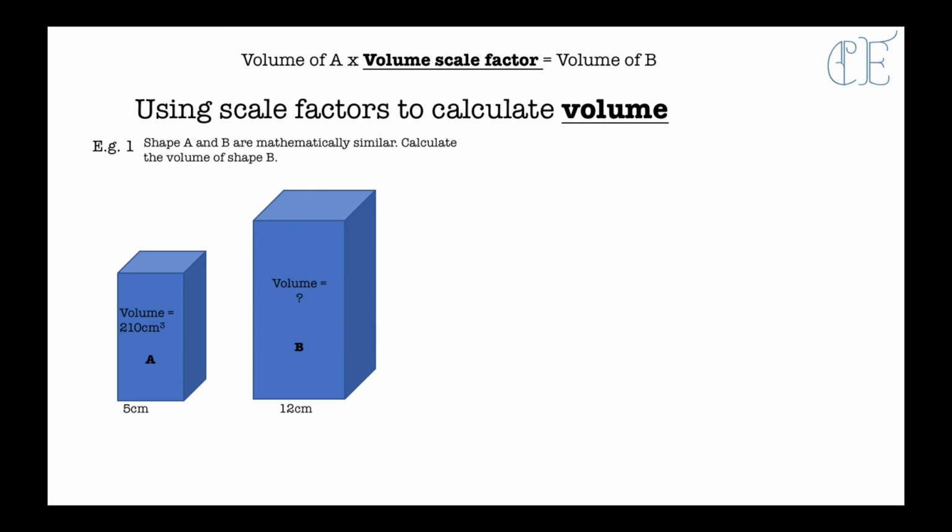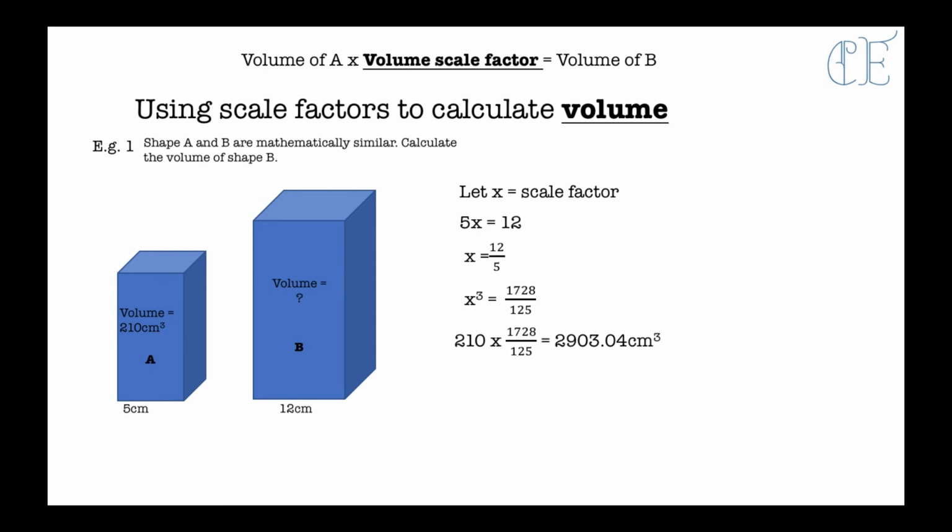And all that you do here is exactly the same thing as you did before, and we need to know that to get from 5 to 12, we need to find the scale factor. So 5x equals 12, which means x must equal 12 over 5, okay? So we now need to cube that, so 12 cubed is 1,728, and 5 cubed is 125. So we are doing volume, hence we are cubing it this time. So then we just times that by our volume of our smaller shape, which gives us